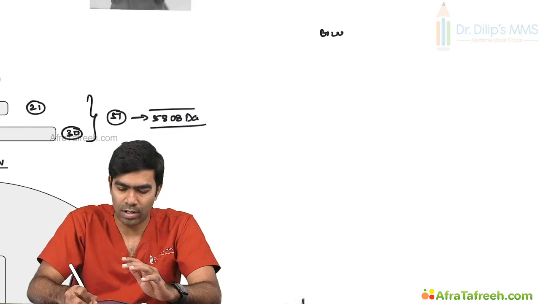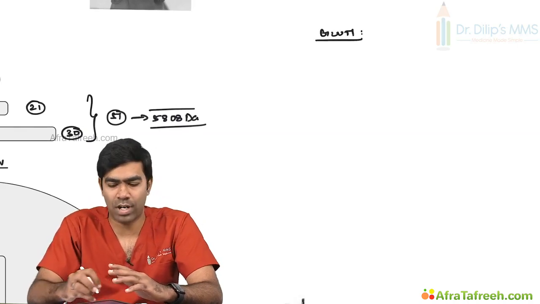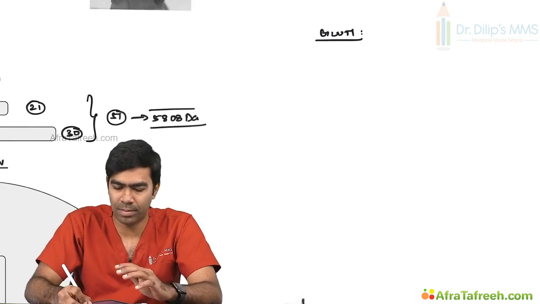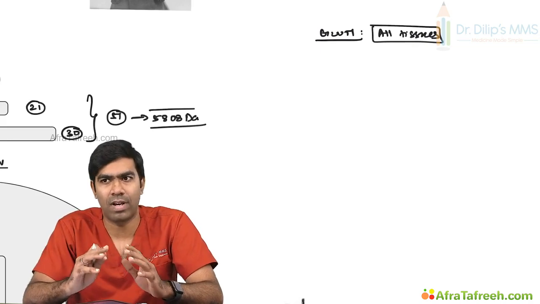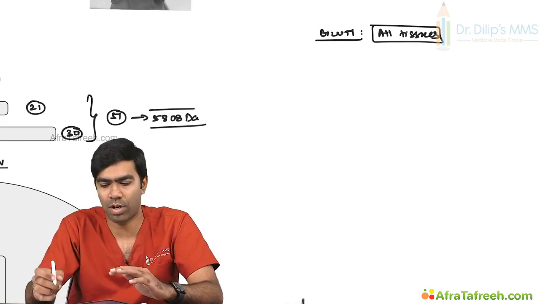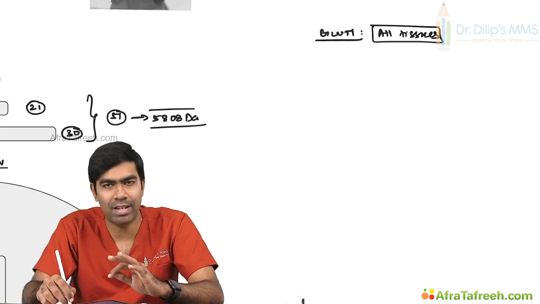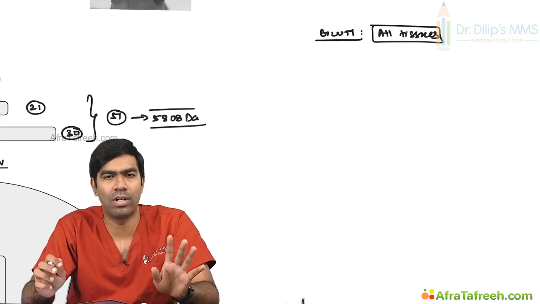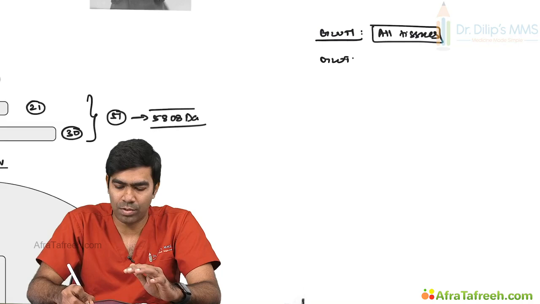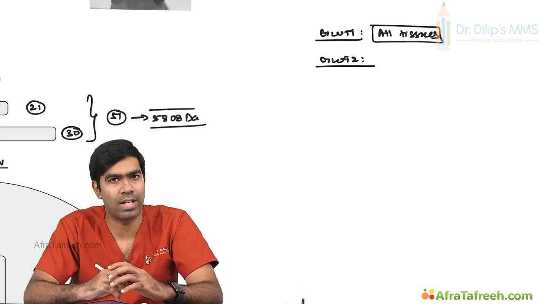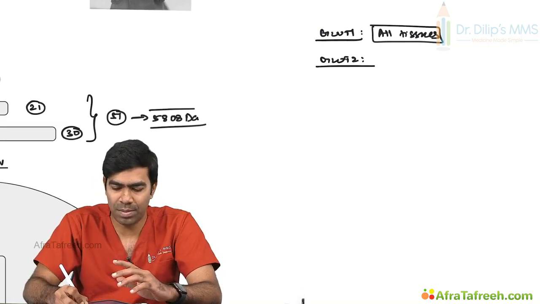So let us start with the GLUT1 transporters. GLUT1 transporters are present in all the tissues, with special preference for the red blood cells and the blood-brain barrier, where presence on the red blood cells is even more important because red blood cells thrive exclusively on glucose. There is no other fuel that they can use for energy production. So clear? Then we have GLUT2 as a very important transporter, which is typically seen in the